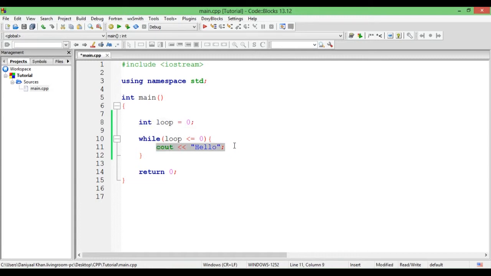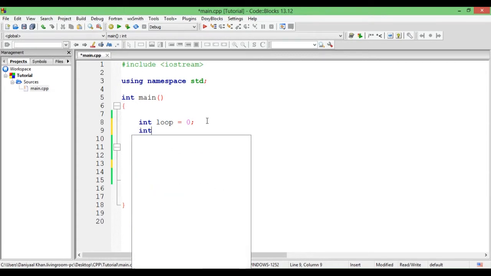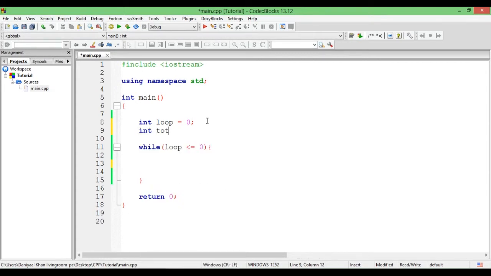So let's do something else instead. We'll create a sort of cascading addition calculator. I know we're getting a little repetitive with the calculators, but let's just do it for now. We'll define another variable which will be an int called total, and that's pretty much it actually. But first off, before we do that, just remove that. Let's say you wanted to say hello there almost 5 times, or rather we can say something like